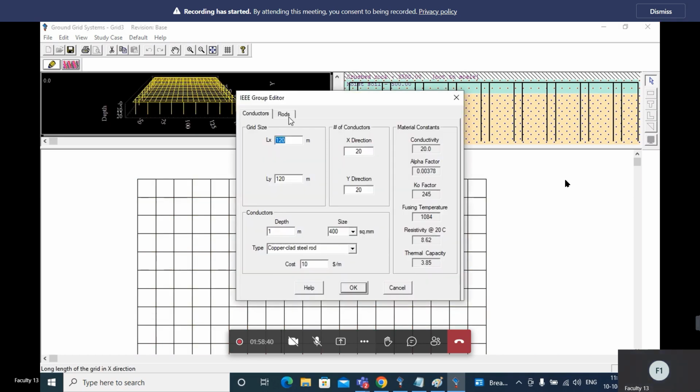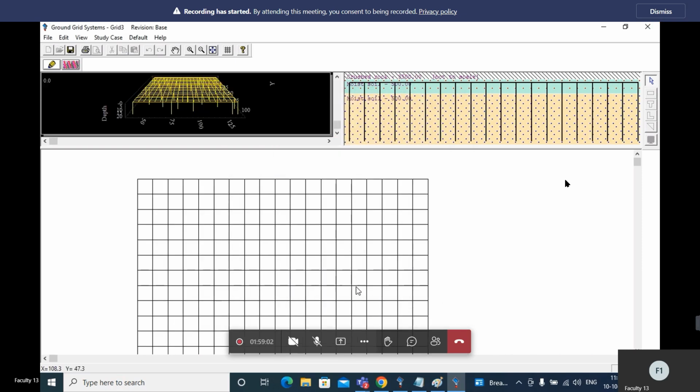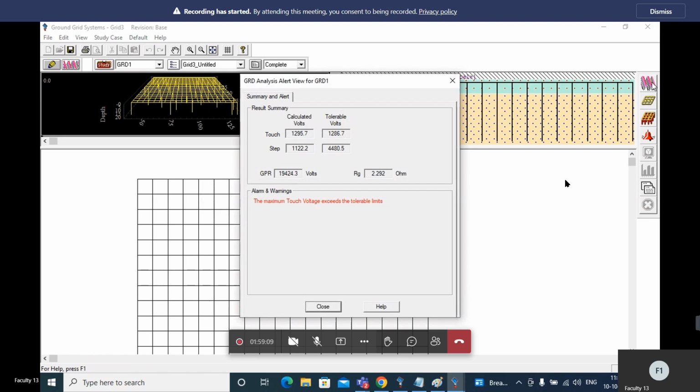I will give only 100 meter. 95. Only 10 voltage.